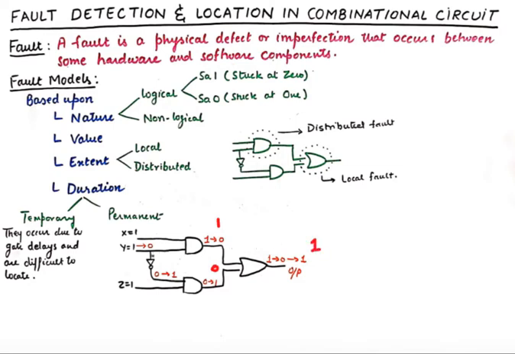But if this 1 changes to 0, then the delay of this NOT gate will cause some delay in the transitioning of a 1 here, and for some time it will change to 0,